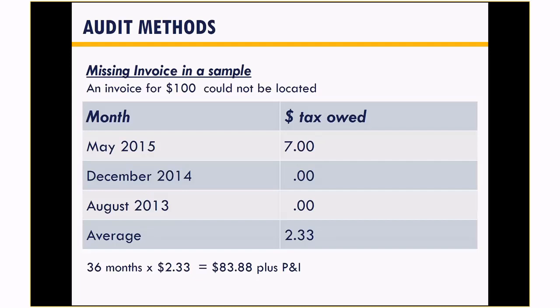When sampling is involved, missing invoices can add up to some real dollar amounts. And the sad part about missing invoices is there may have been tax on it, or it may have been an exempt purchase, or maybe it was something that happened out of state that they have no claim to. But you did not provide the auditor with any sort of proof. They have no choice. They have to put it on there. Missing invoices are way easier to find in the month that they're missing compared to three years later.